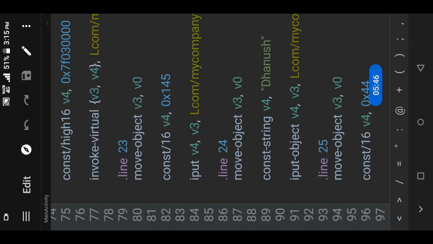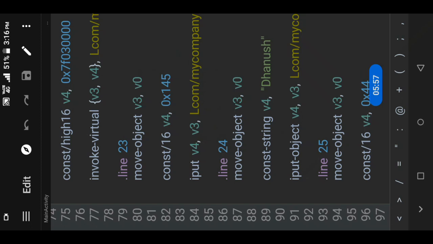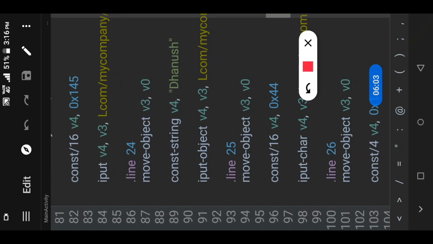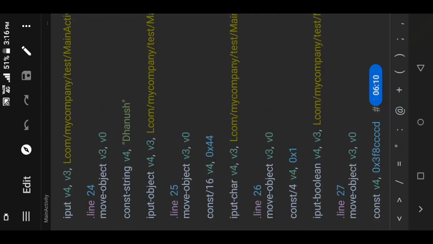So here 16 means, sorry, in this case it acquires 2 bytes, and 2 bytes means 16 bits. So we need to mention const slash 16 for integer type when we want to assign. For string we name it const string, and for character we also have an ASCII value, and this also has const slash 16.